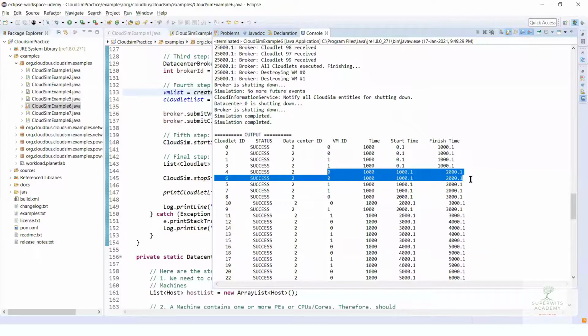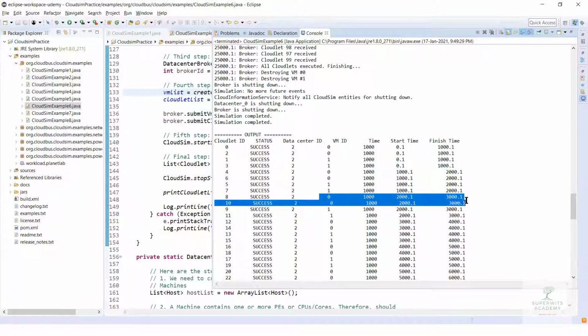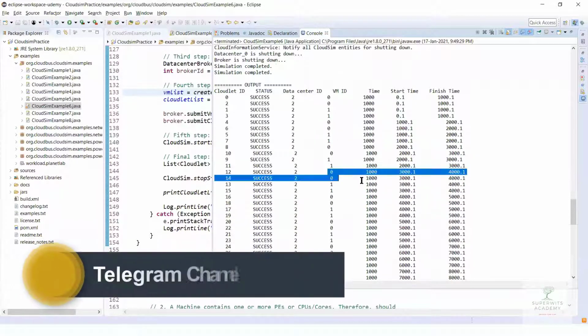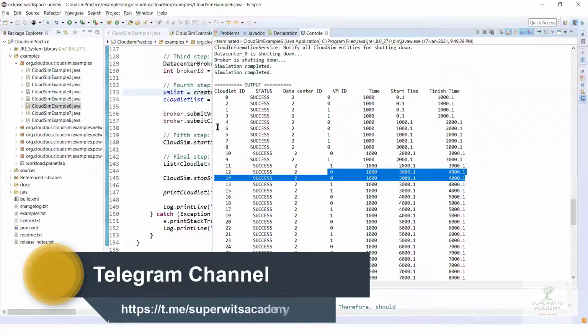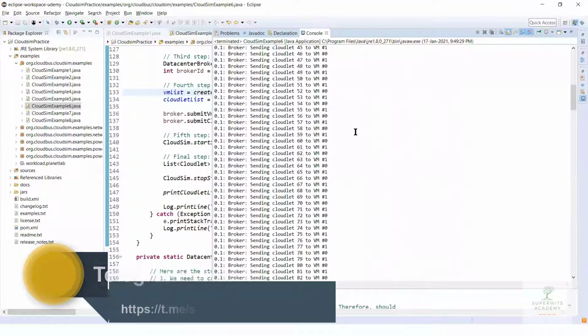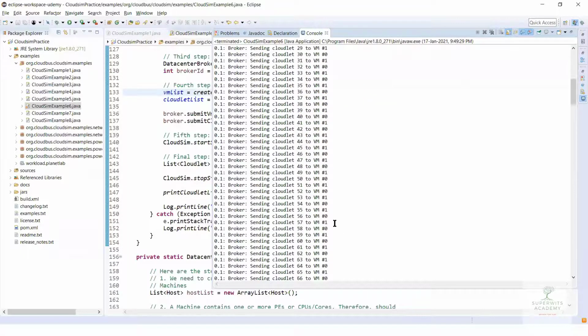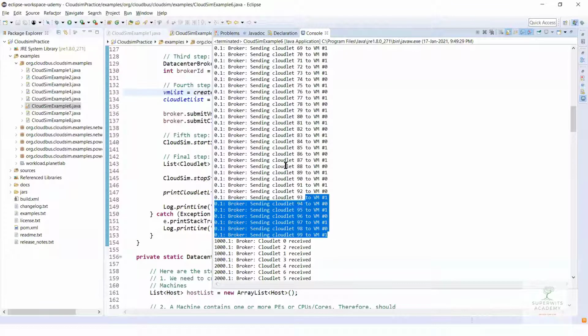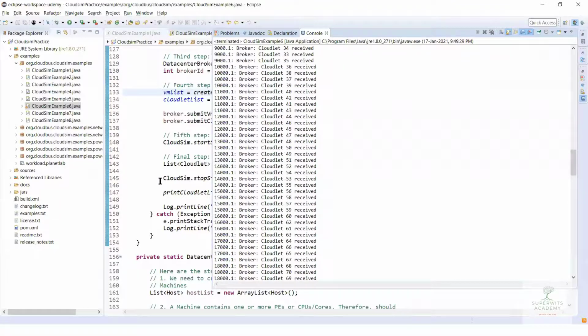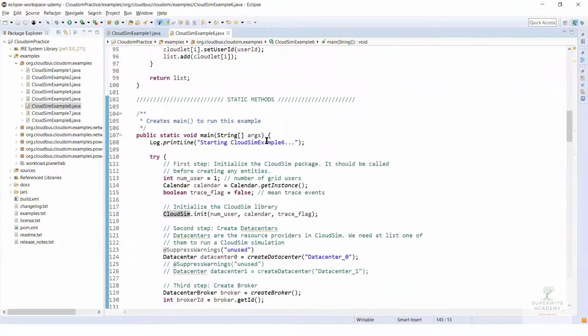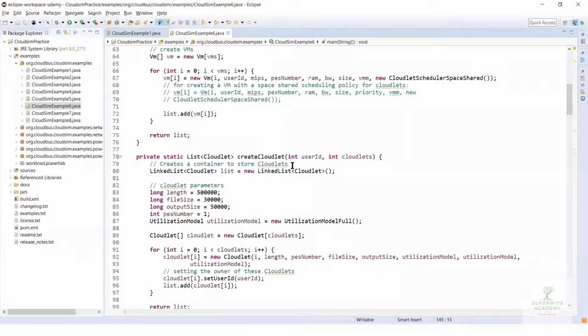I'm sorry, this is the second round. This is the third round for the scheduled part, and this is the fourth round for that same virtual machine. So the number of cloudlets being executed will be executed parallelly on that particular set of hosts. There is only one set of host on which it is going to be provided. So 2 hosts are being engaged for these 2 virtual machines, and all the other 100 tasks are going to be allocated to those 2 virtual machines, and so on. So this is what you get in terms of the configurations which you have.